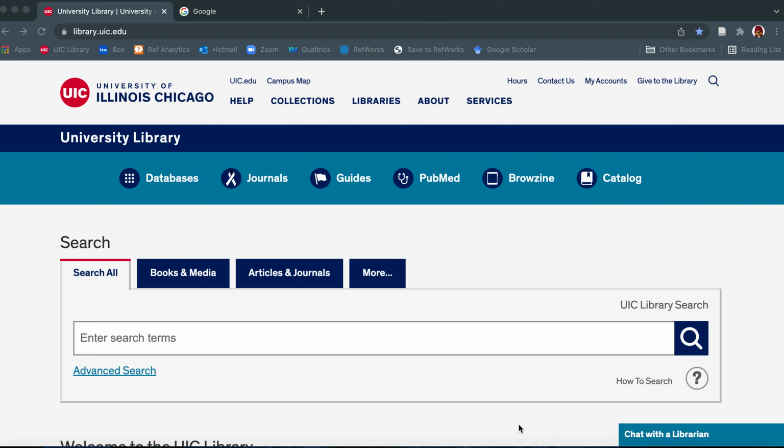This tutorial is going to go over the Salud subject guide and the website Medlineplus. We're going to start at the library homepage, library.uic.edu. From here, we'll go to the subject guides. We click on Guides,